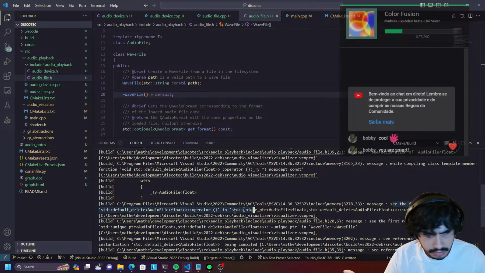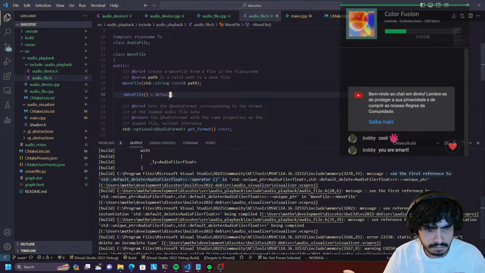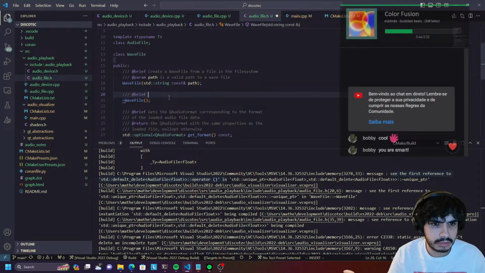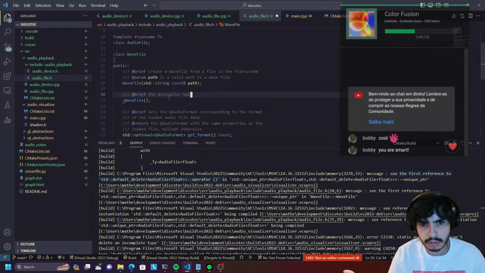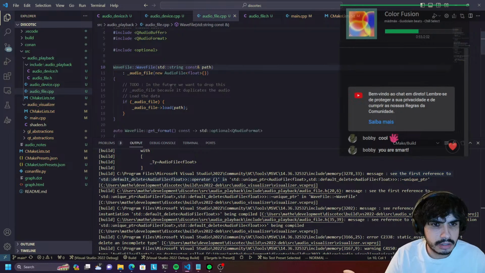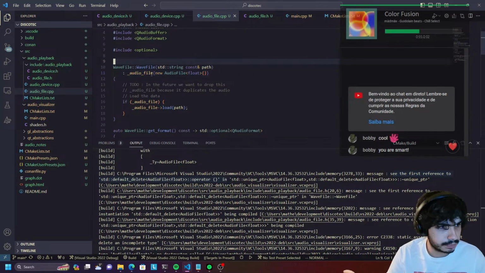Good message: the first reference to default delete operator in unique file. I guess I just have to declare a destructor, right? That's fine though. It's a little bit annoying. I forgot about that, but